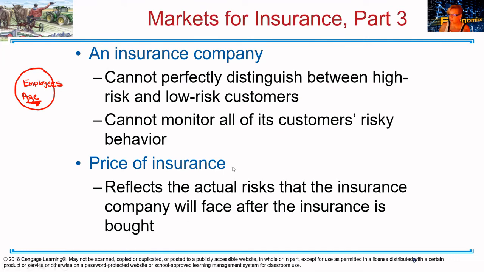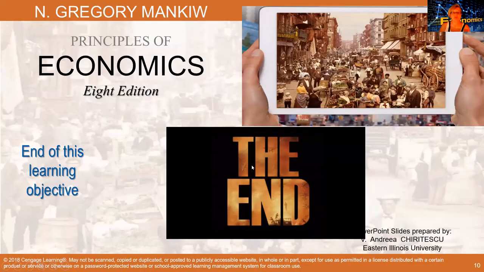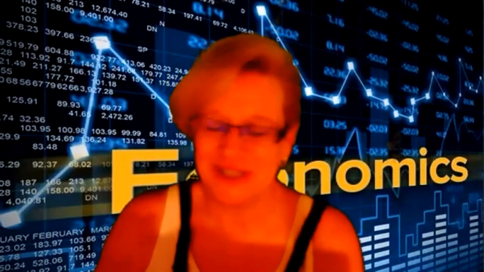And again, the price reflects what we'll face after the insurance is bought. So they look at it statistically and say, out of this group of employees, how many are likely to have this? How many are likely to have this? They might look at health status overall. If you're overweight, engaged in activities you shouldn't be engaged in, according to being healthy. Okay? So that's this particular objective, talking about risk.